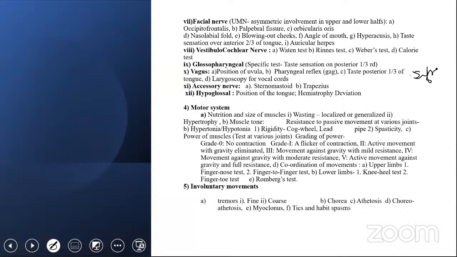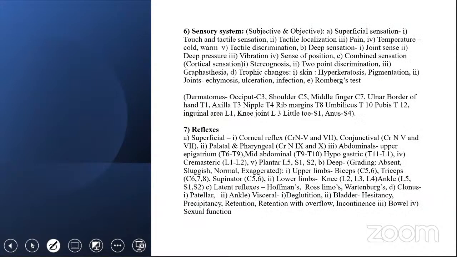And involuntary movements of tremor, fine or coarse, chorea, athetosis, choreoathetosis, myoclonus, tics and habit spasms are looked for in this case. Then you look for sensory system, subjective and objectively, the superficial sensations of touch, tactile sensation, localization, pain, temperature sensation, and deep sensations of joint sense and vibration and sense of position, combined sensations, cortical sensation, that is stereognosis, 2-point discrimination, graphesthesia, trophic changes are observed like hyperkeratosis and there may be ecchymosis, ulceration, infection, and then